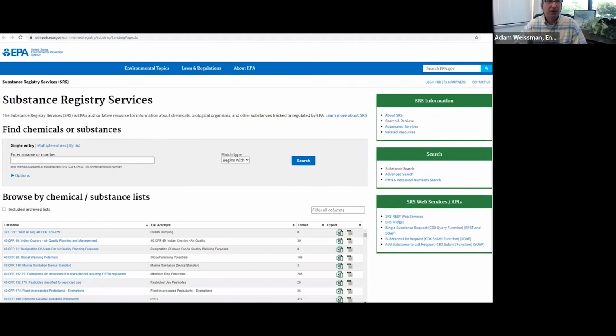It'll give you a good summary of that chemical, and it's a very good tool to use to determine if your chemical even falls into the reporting, and if so, what the thresholds are, et cetera. Is it active, et cetera. So I would say that this is a great place to be starting as you start to read through whether you might need to be reporting for a specific chemical.